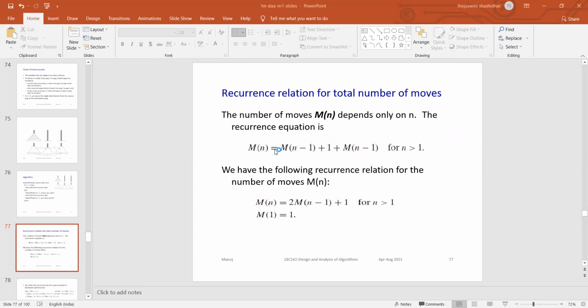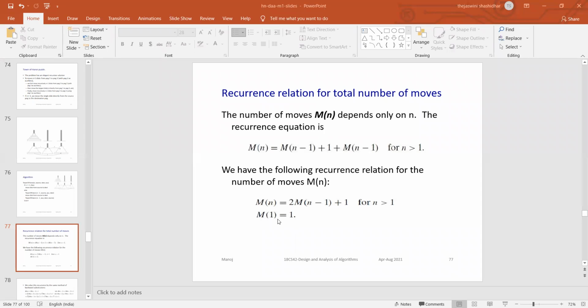So if n is equal to 3, what will you do? Peg 1, how many disks are you moving? It is n minus 1. That can be written as M of n minus 1 plus second step. You are moving one disk from peg 1 source to destination. That is 1. So third step. This is first step n minus 1, second step 1, third step n minus 1. So that's why we have M of n minus 1 plus M of n minus 1 taken as 2M of n minus 1. So add this 1, you will be getting it as 2M of n minus 1 plus 1.